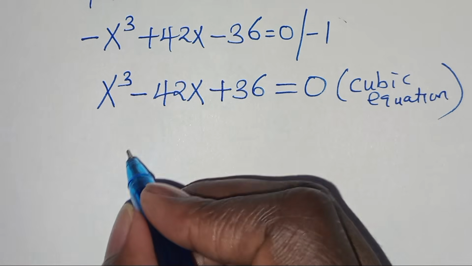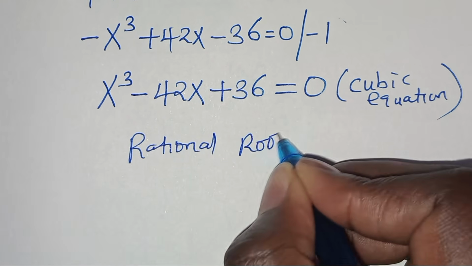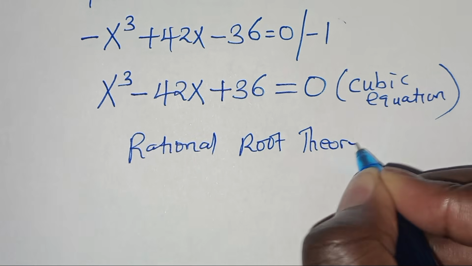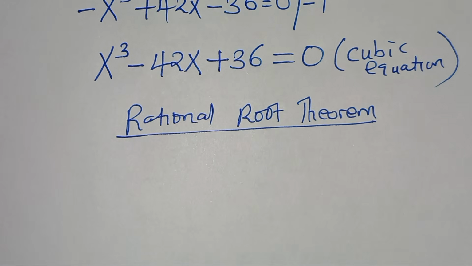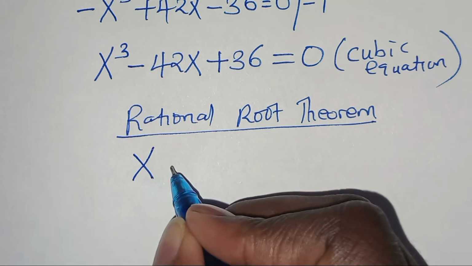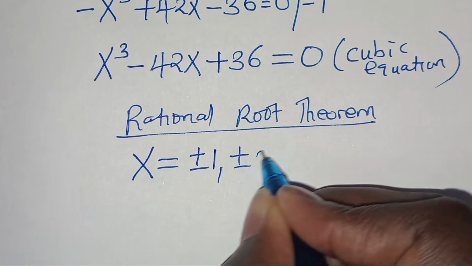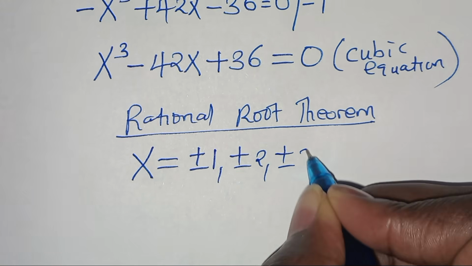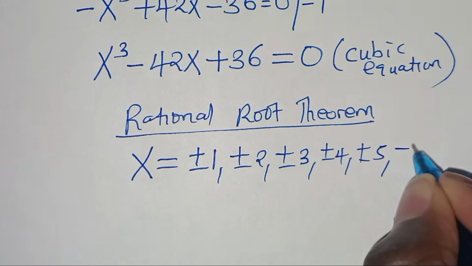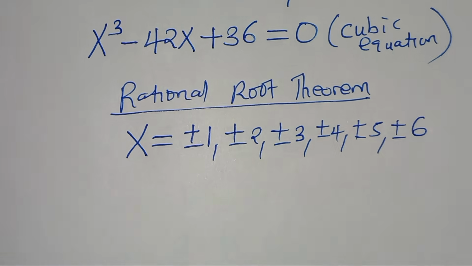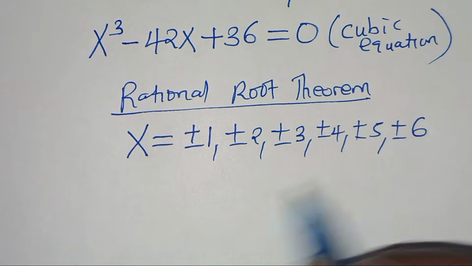And now we can use the rational root theorem. Let's use the rational root theorem to test for the integers that satisfy this equation here. So we can test values of x from plus or minus 1, plus or minus 2, plus or minus 3, plus or minus 4, plus or minus 5, and then plus or minus 6. Now, if we test all these values of x, then we have that at x